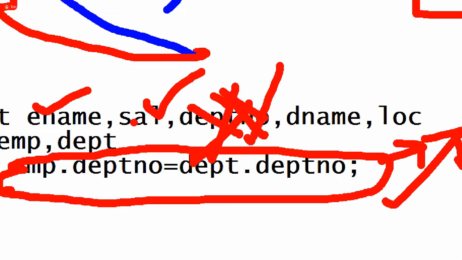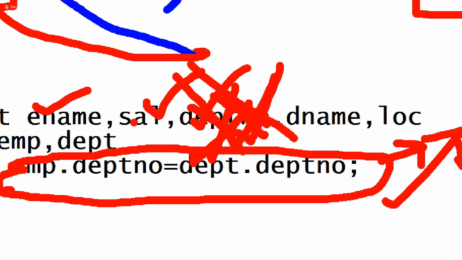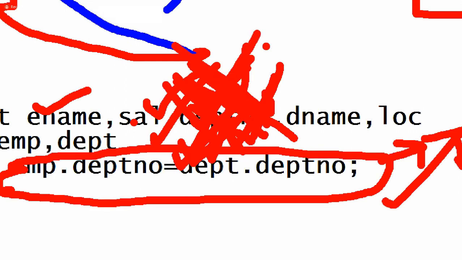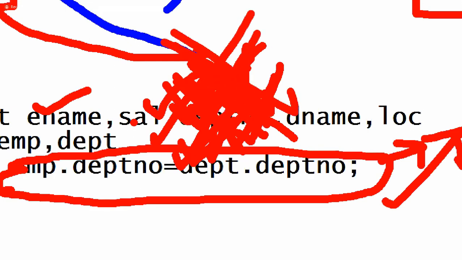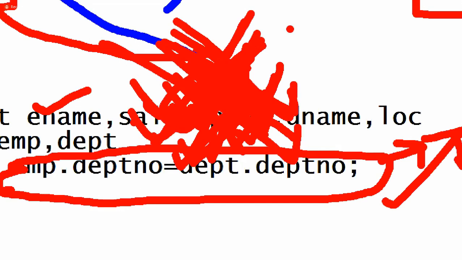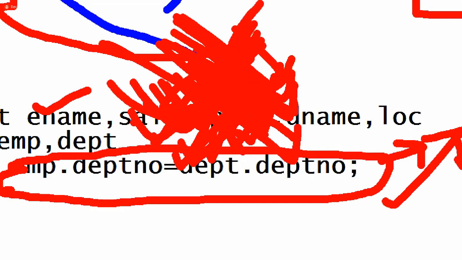That's why whenever we try to display common columns in a SELECT list, in any database, joins also, Oracle server, SQL Server, DB2 server always return an ambiguity error. In this case it is confused about which table's common column to display, because the EMP table has a department number and the DEPT table also has a department number. That's why the database servers are confused and give an ambiguity error.